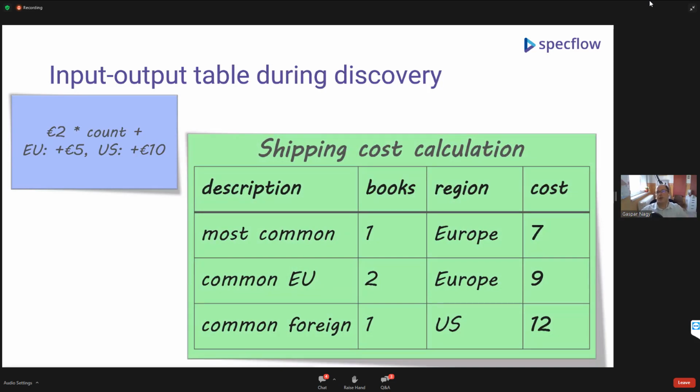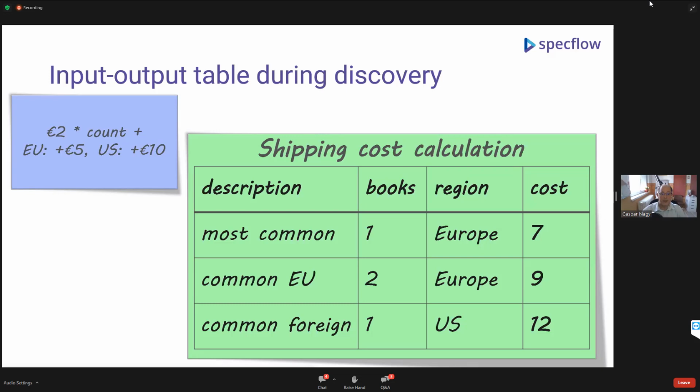In the discovery, probably we were coming up with examples. But since in this case the examples are important input-output pairs, probably what we would do in this green example card, we would just basically make a table of a few useful examples, some input-output pairs like that. That's a good overview of some illustrative examples for this